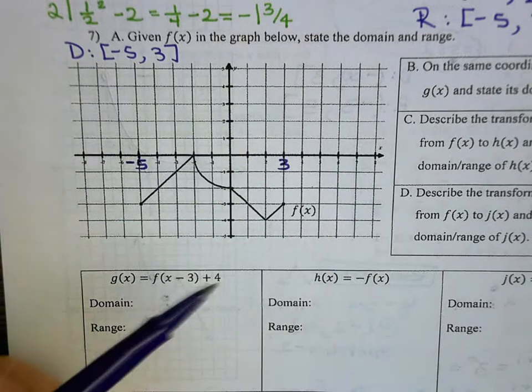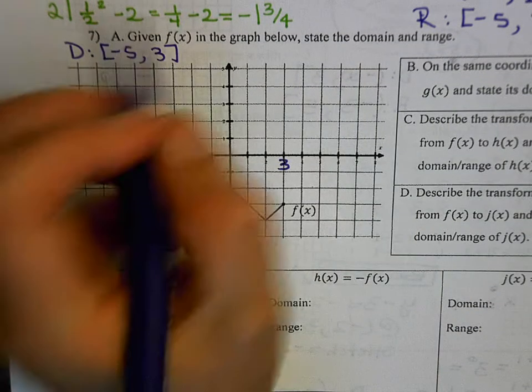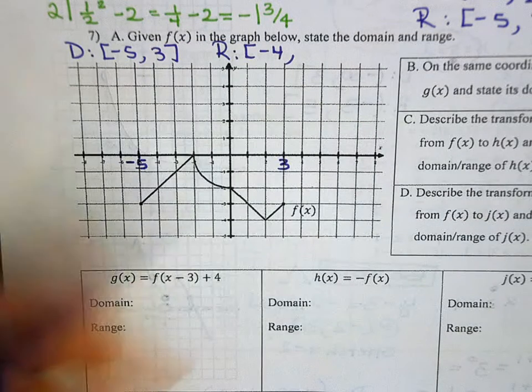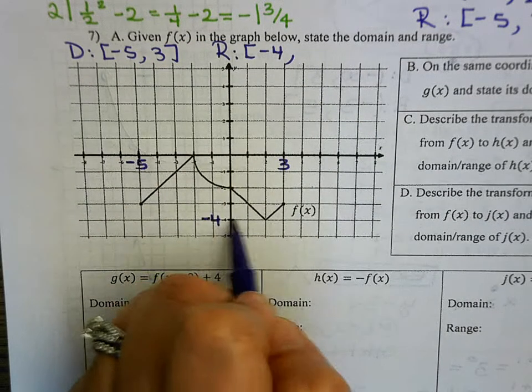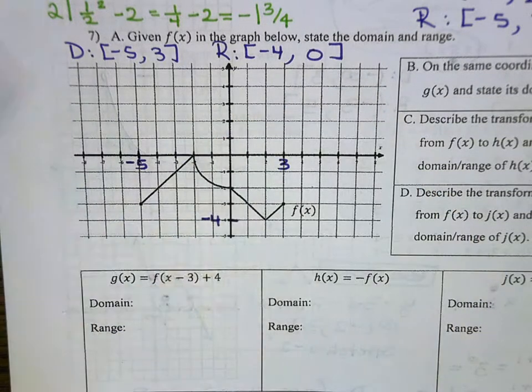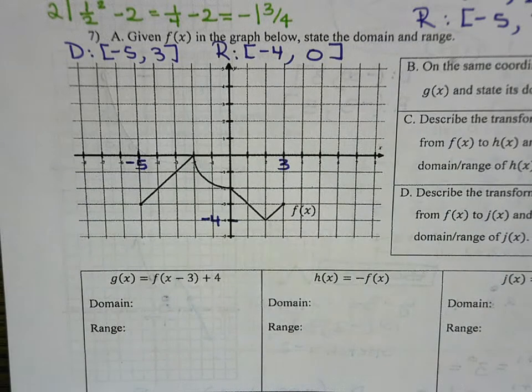The range, the lowest it goes is right here, so that would be at -4. And the highest is 0. So it doesn't go below -4 and doesn't go above 0. So there's part A. And then for part B, they want us to graph